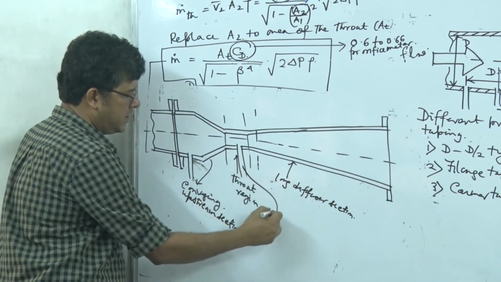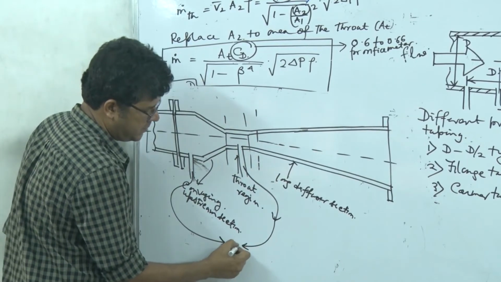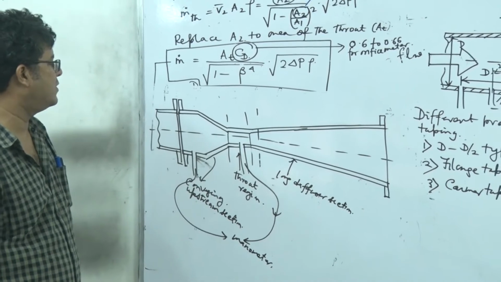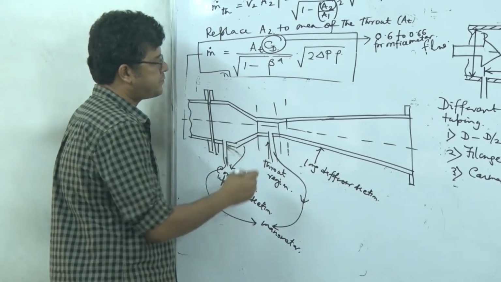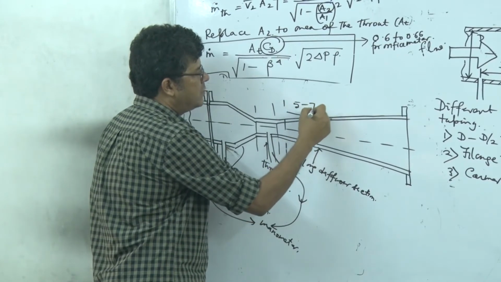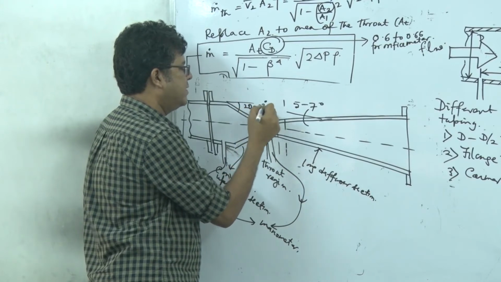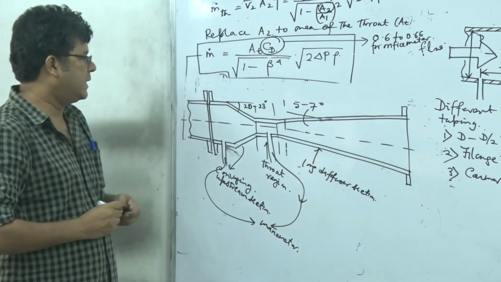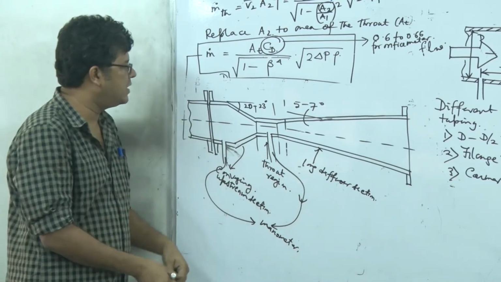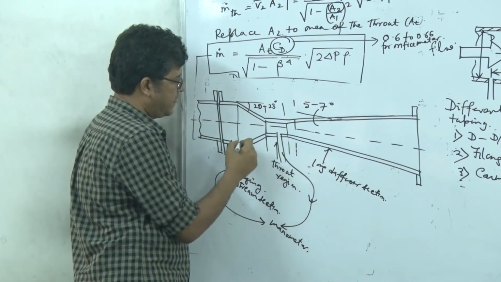So these two are pressure tappings, which may be connected to a manometer or any other differential pressure transducer, right? So this angle is 5 to 7 degree, whereas this angle is around 20 to 23 degree. Now you see that whenever I am going for a 20, 23 degree diverging section, definitely in this region, say let's